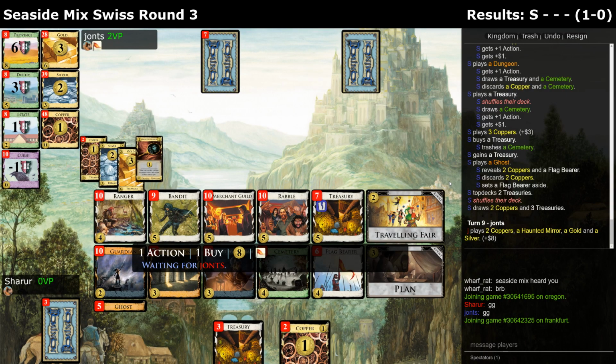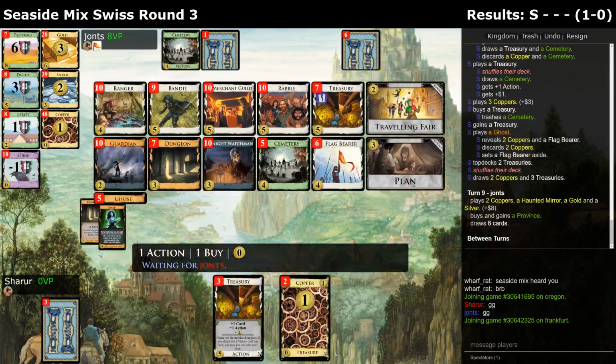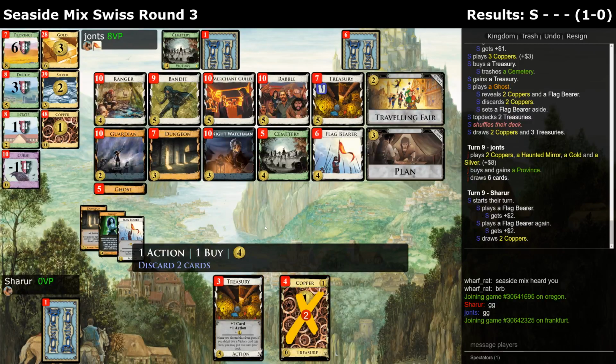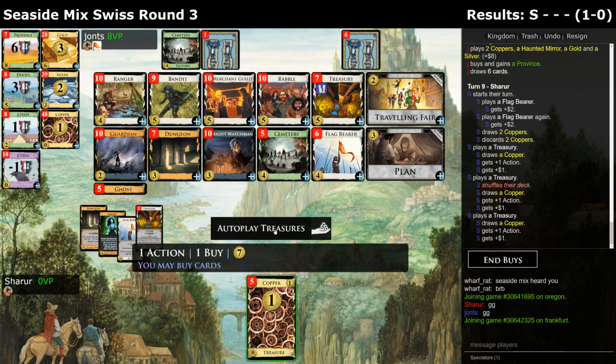I am wondering if I want to pick up a Bandit of my own to put some money in my deck, because over time the deck is not going to be that resilient to greening. Getting another Dungeon would help. Yeah, so I've got 12. So if I Traveling Fair...